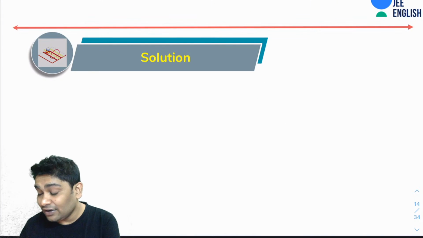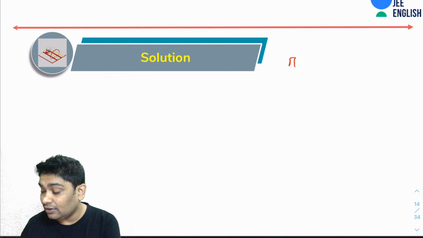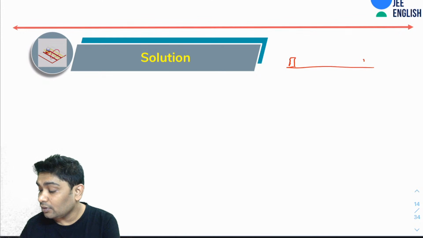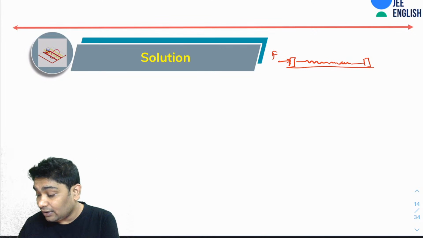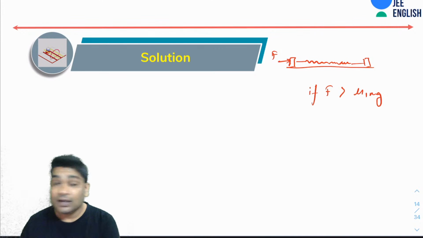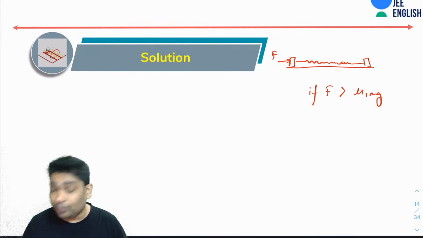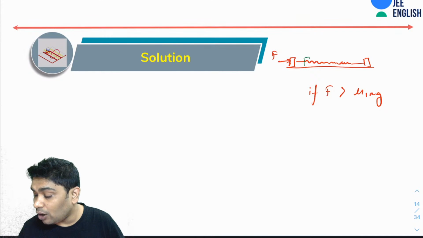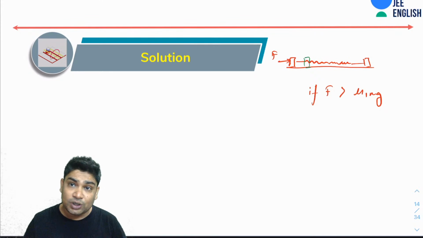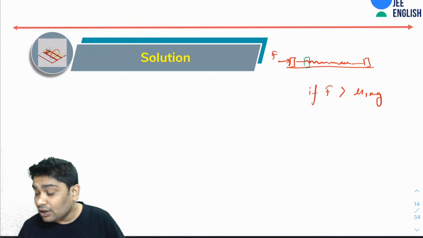Okay, so as I said, eventually what you want is that. Imagine what will happen. Just think about the situation. Just think about what will happen. When you apply this force F, now you realize if F is greater than mu 1 mg, then obviously it will start to press this block, right? And let's say it will push the block, and as the block is getting pushed, getting pushed, now you realize